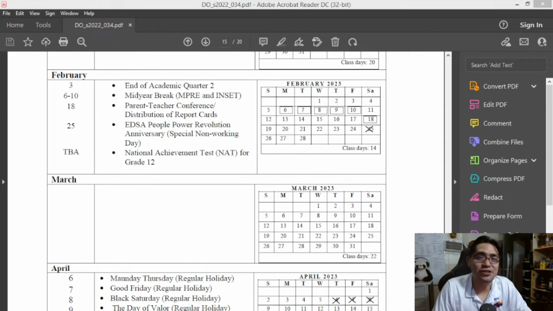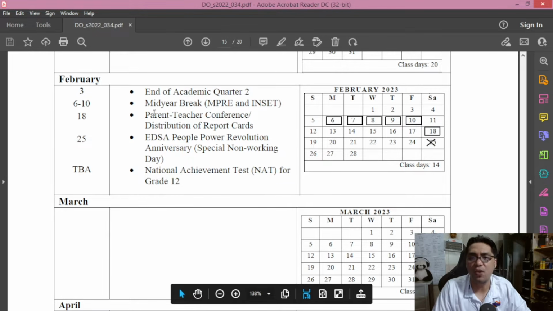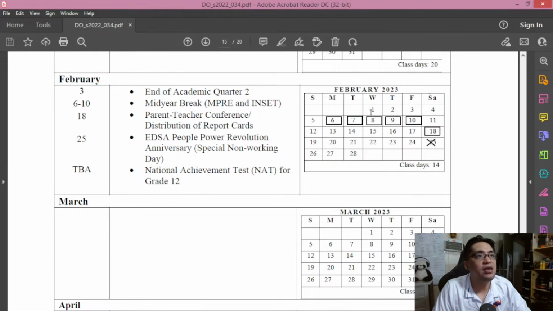For public school teachers, this is something I'd like to point out because it may concern you later on. First of all, according to DepEd Order 34 Series 2022, as you can see here, we have it on my screen right now. If you check the month of February, you will see here there are 1, 2, 3, 4, 5, 6, 7, 8, 9, 10, 11, 12, 13, 14, 15 class days here. But it says there, class days 14. The reason for that is